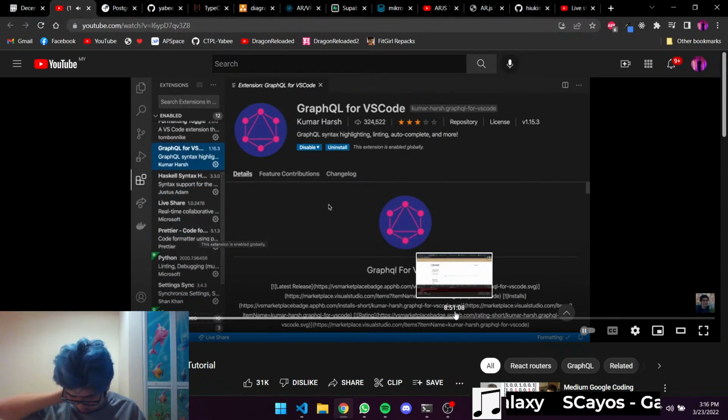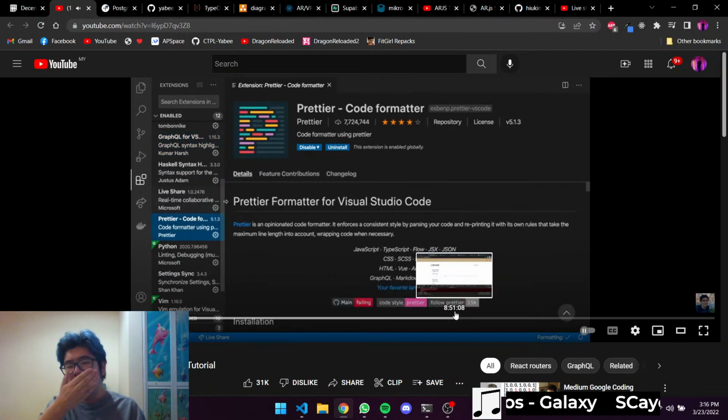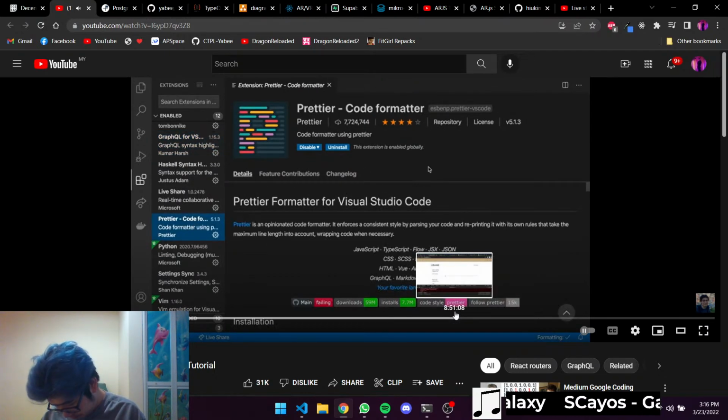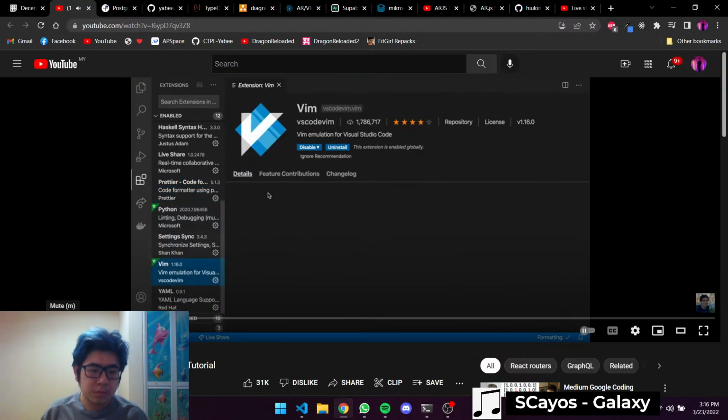And this is just going to give you syntax highlighting. The Docker one's going to do syntax highlighting as well. And then as I'm coding, I'm going to save the file and it's going to auto format it and look pretty. And so I'm using Prettier for that. And then lastly, I'm using